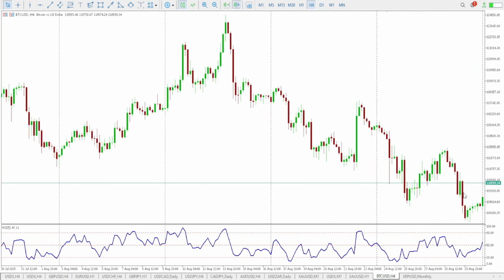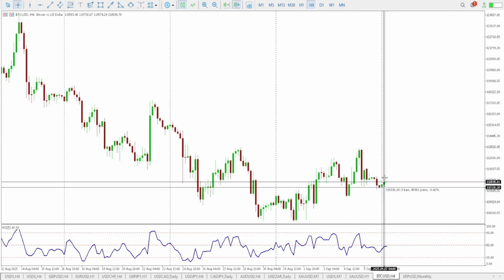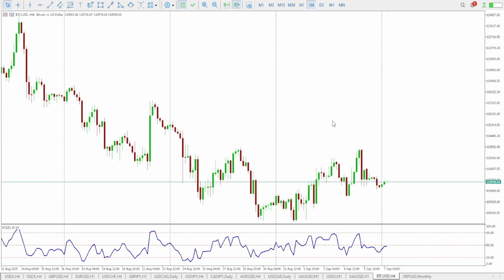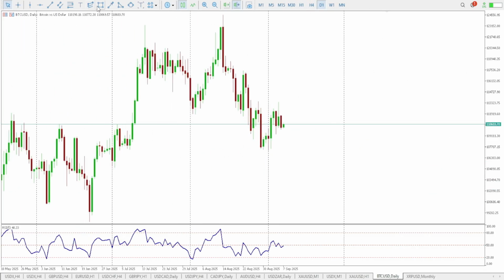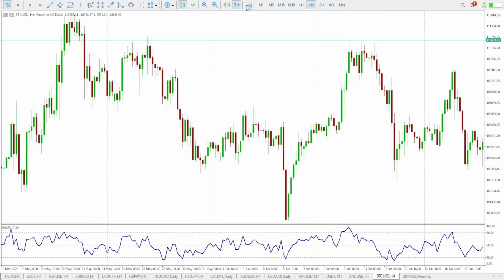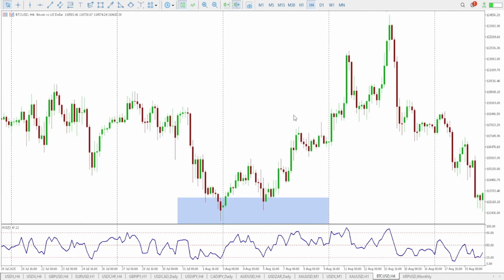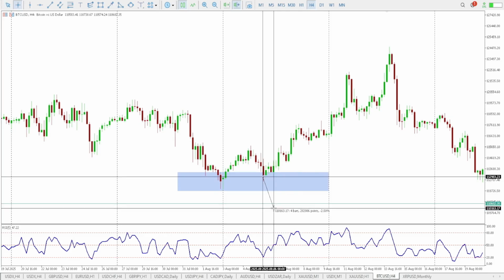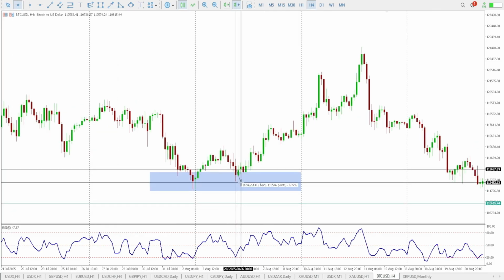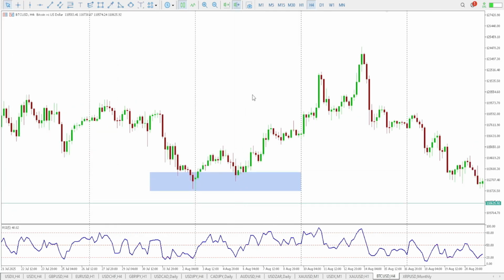I will be showing you how we can apply that right here, how to find out which way the market is going, and then what our approach will be. But before that, let's highlight this area a little bit, and let me show you how this was tradable, because this is a very important concept that most traders ignore, and then they lose a lot of money. Right here, most traders must have taken sell decisions. Selling right here can definitely be very risky.